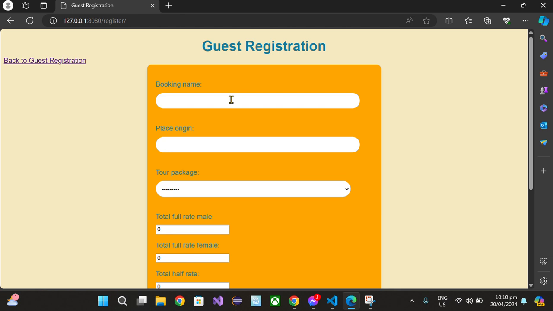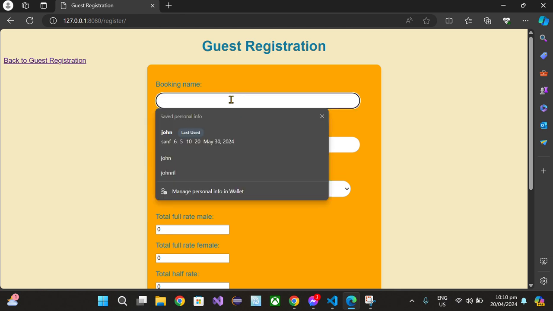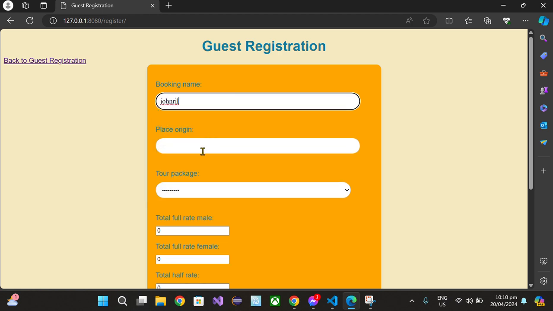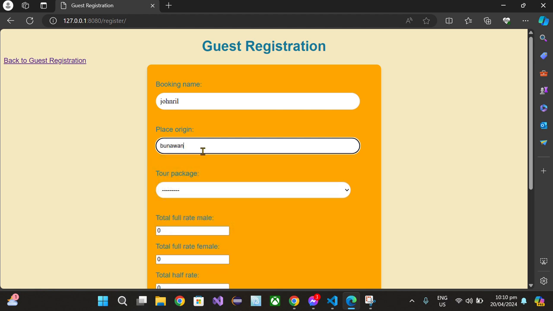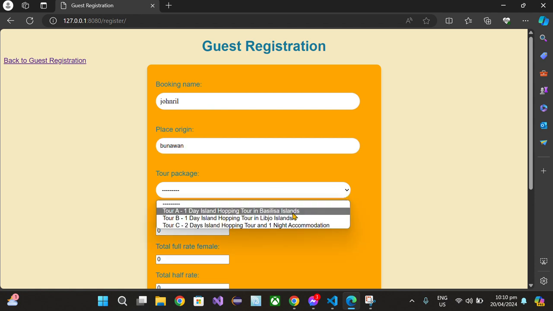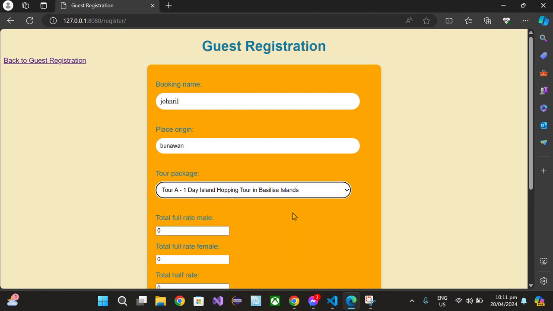First, going to input a name, for example, Janril. Then origin is from Bunawan. And then day island hopping, for example, choose store A, 1 day island hopping.